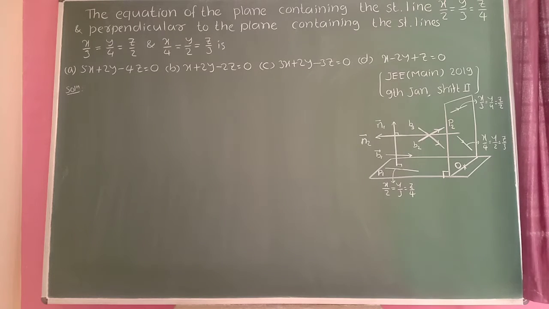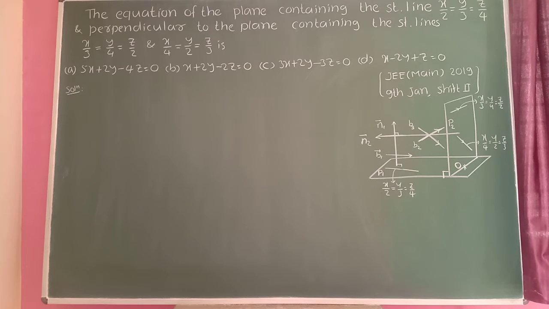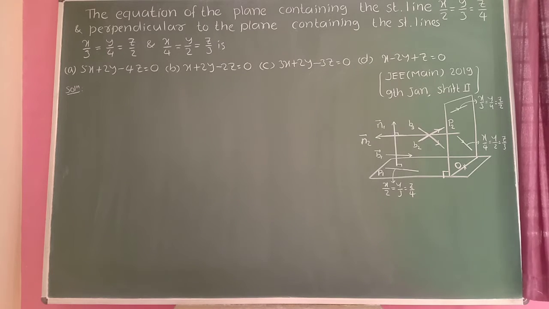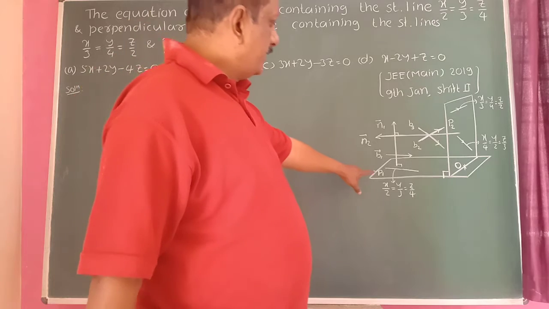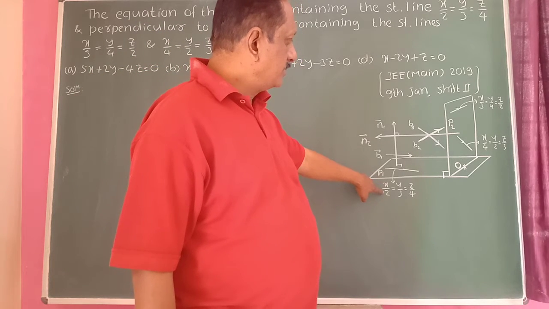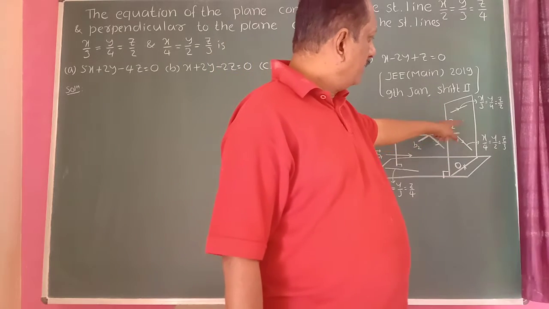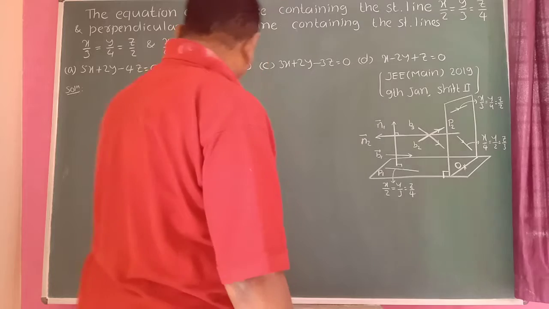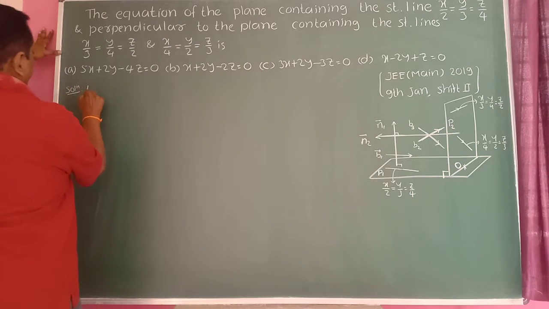The equation of the plane containing the straight line x/2 = y/3 = z/4 and perpendicular to the plane containing the two lines here. Okay, so this is the first plane containing this line, as well as this is the second plane containing these two lines, and they are perpendicular to each other. Therefore, let P1 be the plane